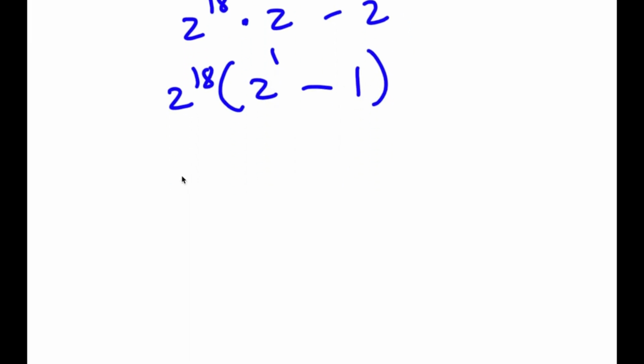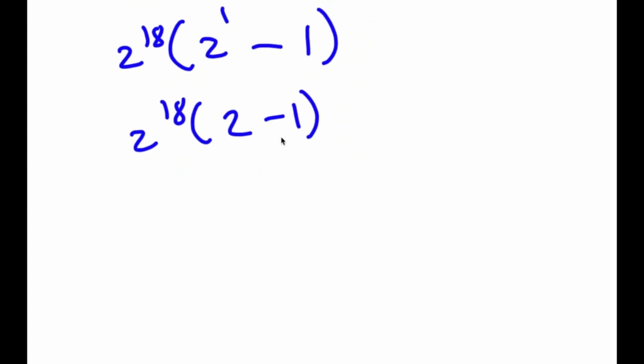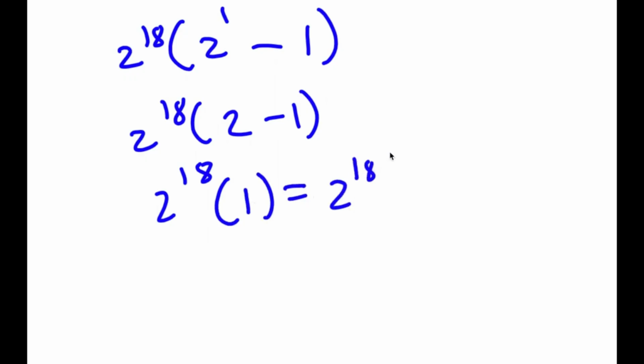Now 2 to the power of 1 is the same as simply 2, so I have 2 minus 1. And 2 minus 1 is 1, so I have 2 to the power of 18 times 1, which is equal to 2 to the power of 18. Now,